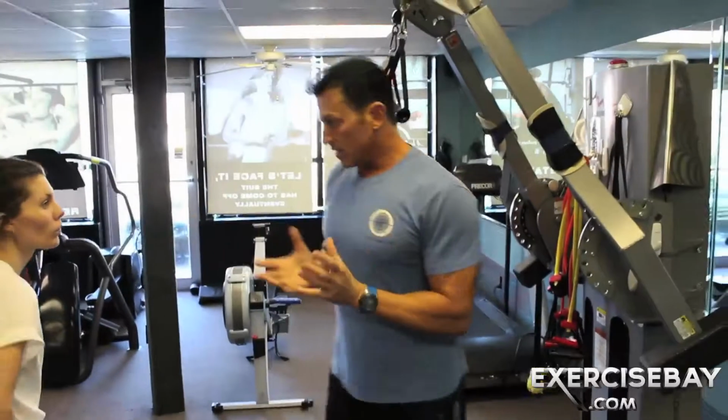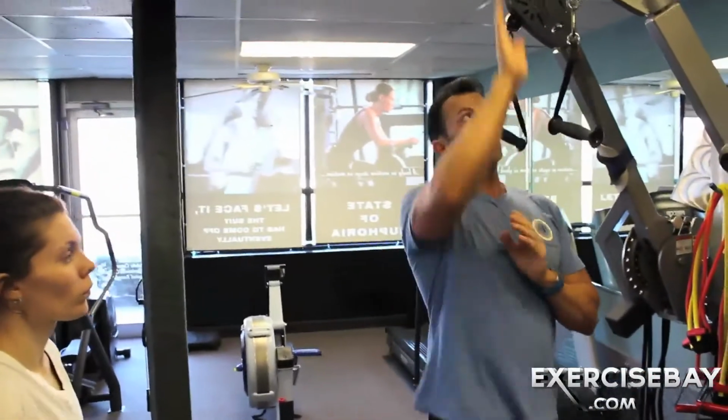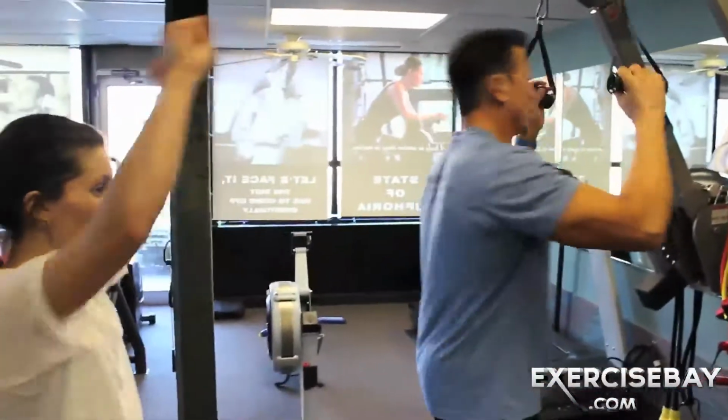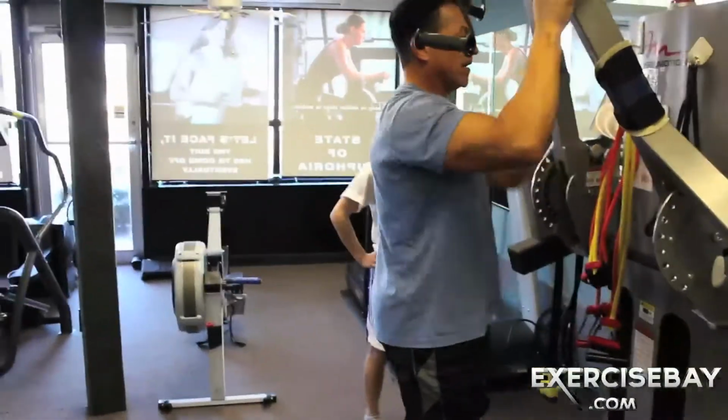Latissimus runs on a diagonal, okay? The old machines that you see in the gym, the boom is right above your head. You look straight down, there's 2 roller pads, and you sit down underneath it. And you're literally right underneath. By being right underneath that boom,